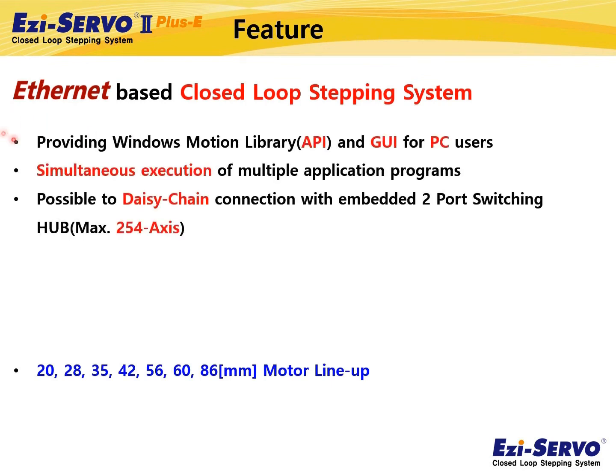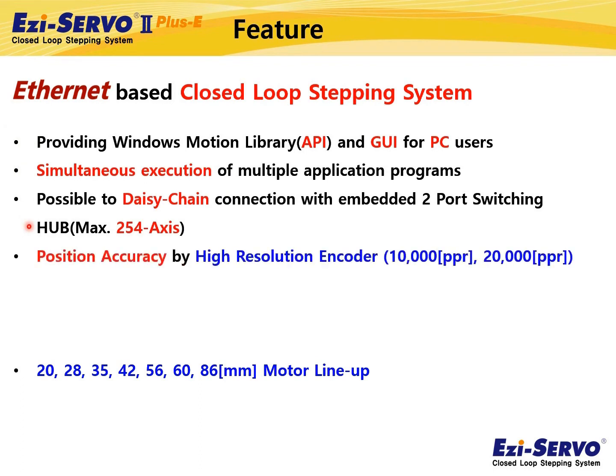Ethernet characteristics are the same as described earlier. In addition, a high-resolution encoder is attached to every precise position control. It depends on the motor size, but up to 20,000 resolution encoders can be used. Due to the characteristic of the stepping motor, it does not require separate gain tuning, which can reduce maintenance efforts. For example, the motor can be operated without gain tuning after power on.